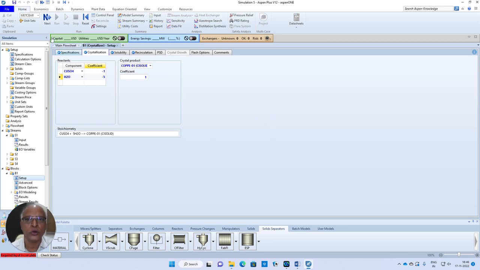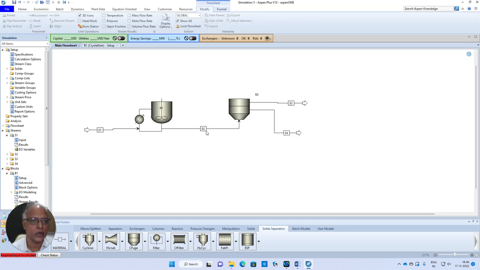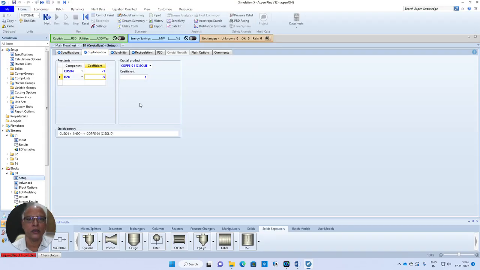Now the issue here is at this point of time there are some crystals getting formed, but did we talk about those crystals? What is going to happen? So this is where